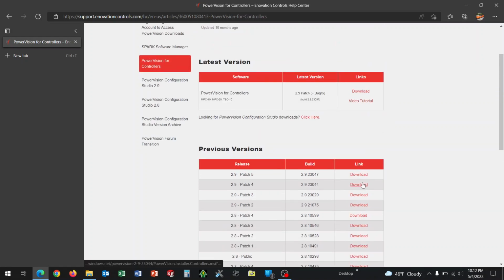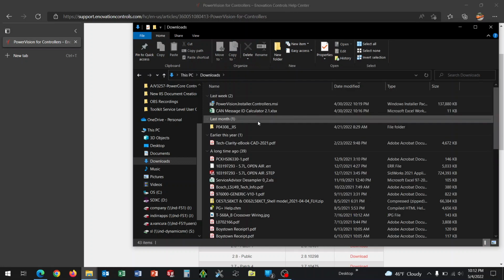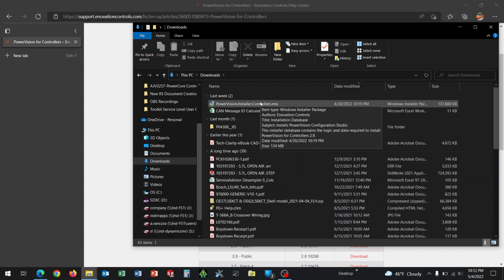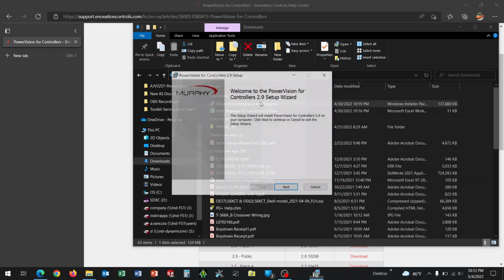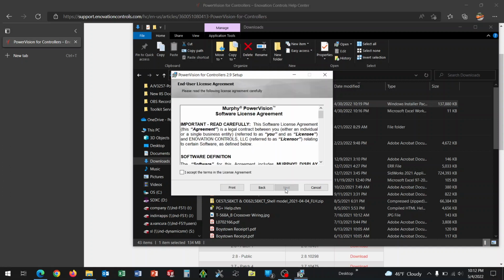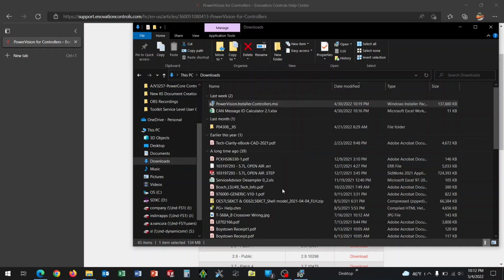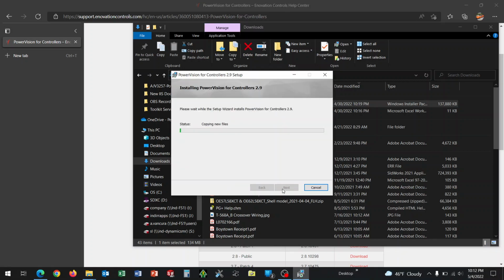I already have the installer downloaded, so I'll open that up. It's in my downloads folder. The installer is pretty quick and easy. Just double click on the MSI installer file and go through the standard installation procedure using all the default settings. We'll go ahead and accept the license agreement. Continue to click next and install and wait a few seconds,